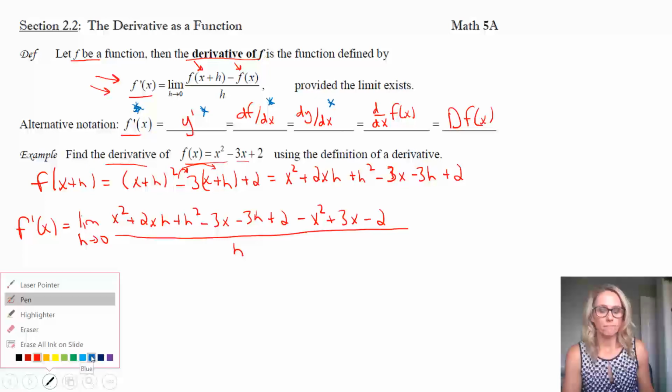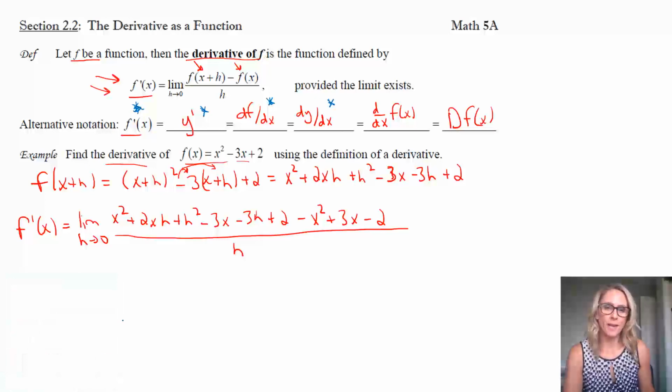But the exciting part comes now. So what we do now is we take a look at what we have and we see if anything simplifies. Notice that right now if we took the limit, notice the denominator is h. So, well, that's a problem. Because with the denominator being h and we're looking as h goes to 0, we can't just plug in 0 for our limit because we have 0 in the denominator. And we'd actually find that we'd have 0 in the numerator too.